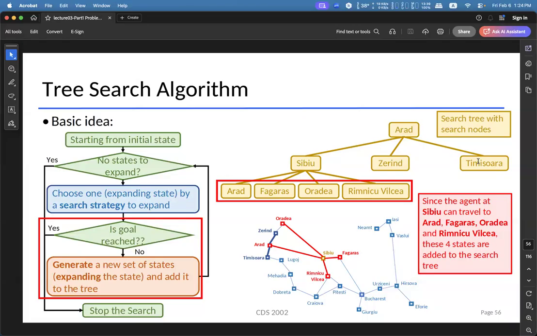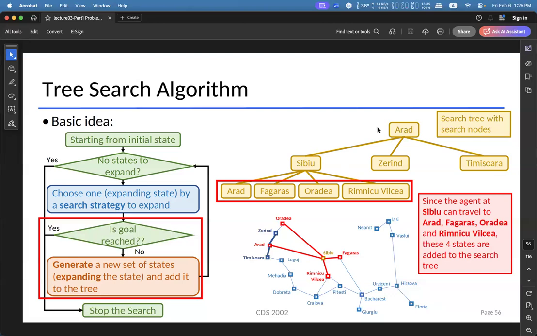So if you take a look at this search tree, Arad to Sibiu to Fagaras, you can see in the diagram that Arad can go to Sibiu and then go to Fagaras. This path is represented as this branch in the search tree.